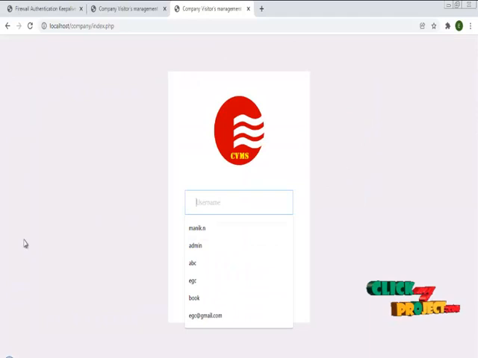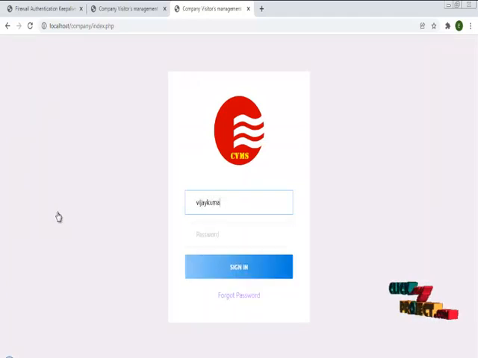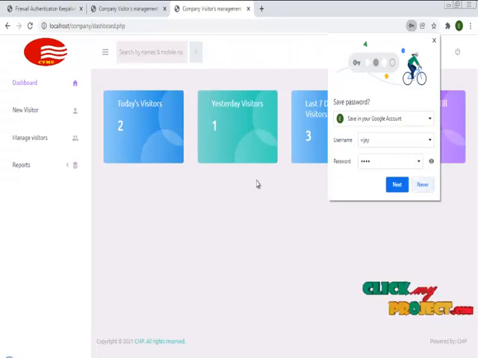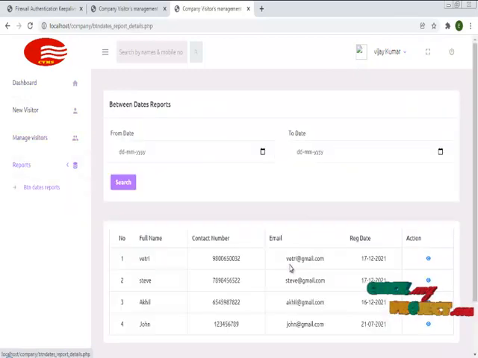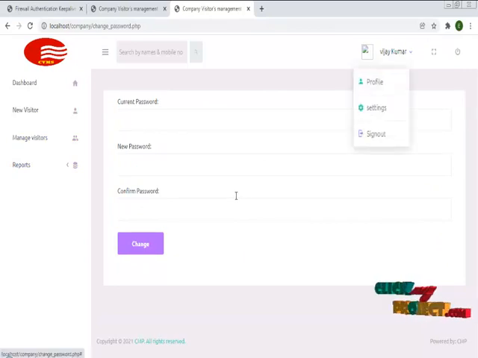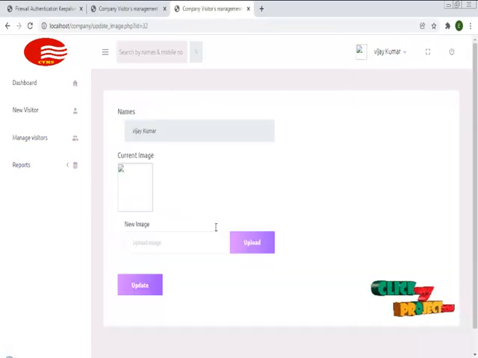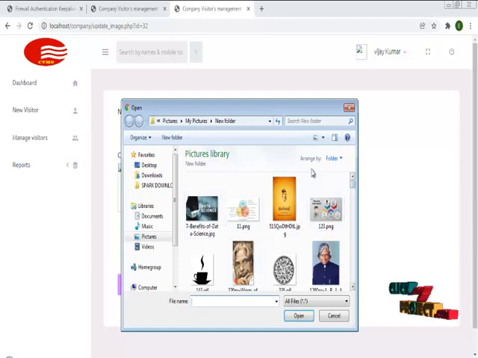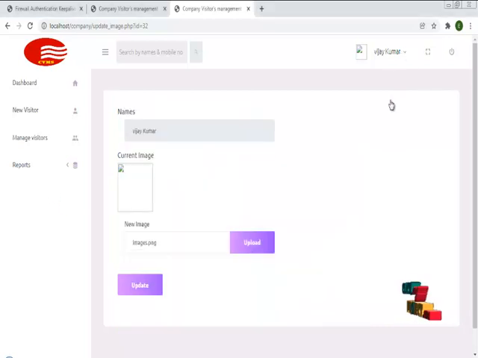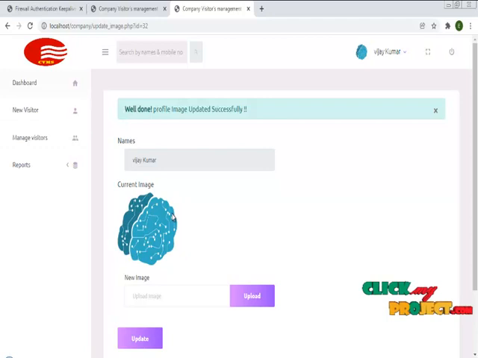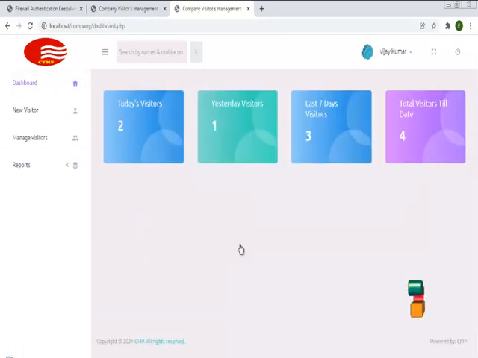in as user Vijay Kumar, Vijay 1 2 3 4, and I have successfully entered as the user. The user can add the visitor, he can manage the visitor, and he can check the reports between the visitors, and in that we can change the password, and I'm going to update his profile picture. Like I have updated the profile picture to the user, and I have forwarded to